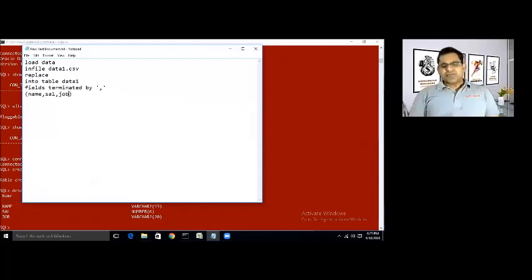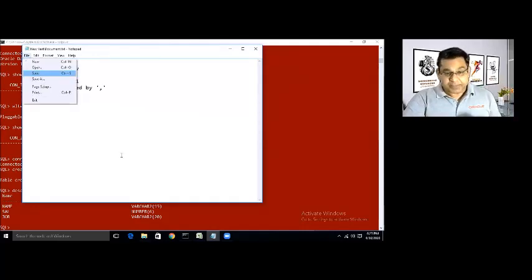So this is the control file that you have created. In this particular control file, let's just take a little recap. Load data means you have to load the data from data1.csv file, and you have to replace the data of table data1, fields terminated by comma, right? So you have to put this comma into a single quotation mark. You have instructed Oracle to check as per this particular control file. Now we're going to save this file there only, right?